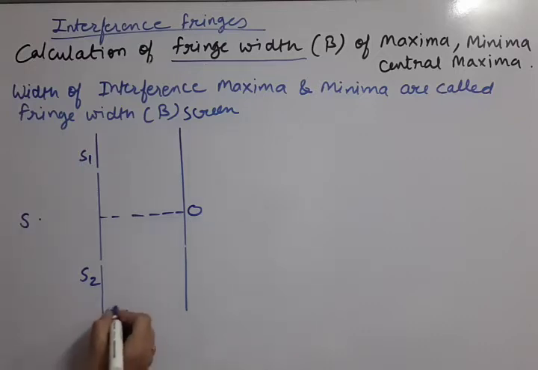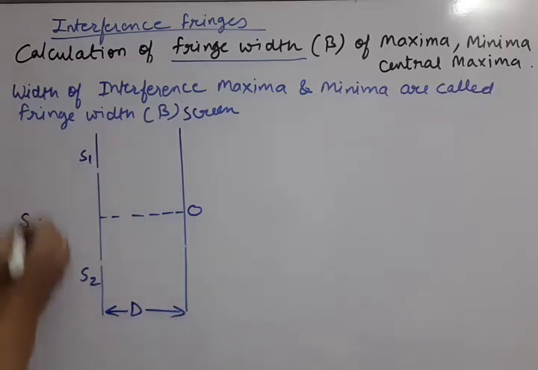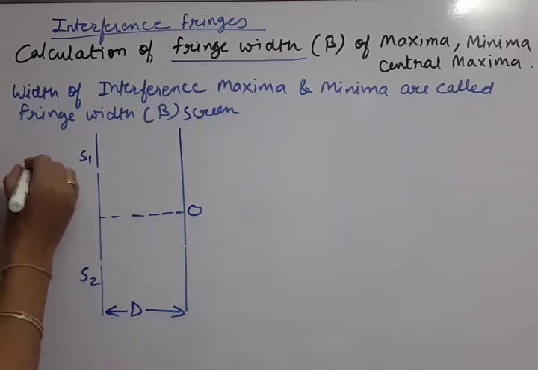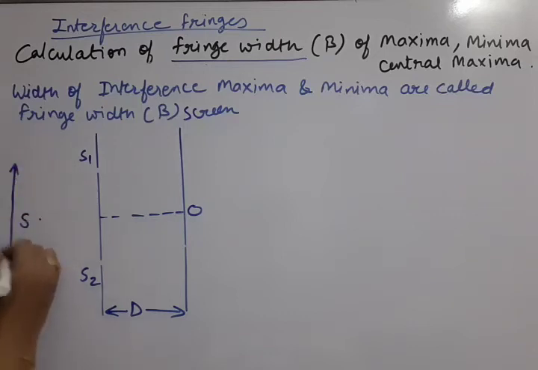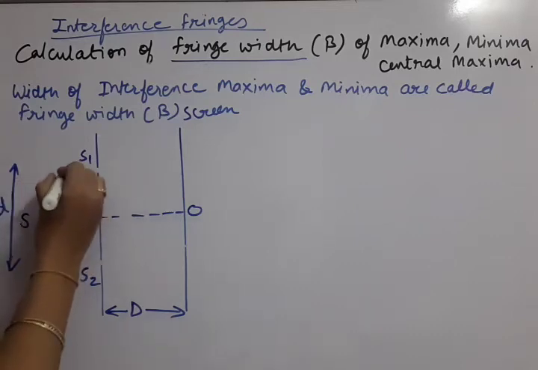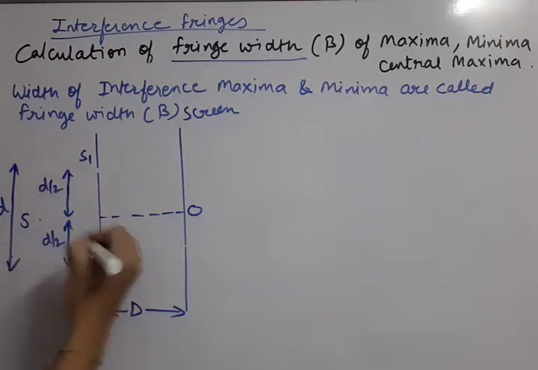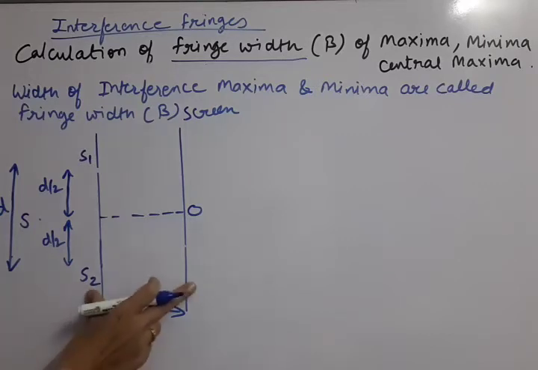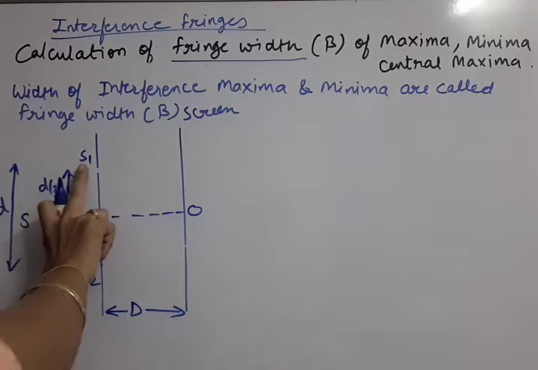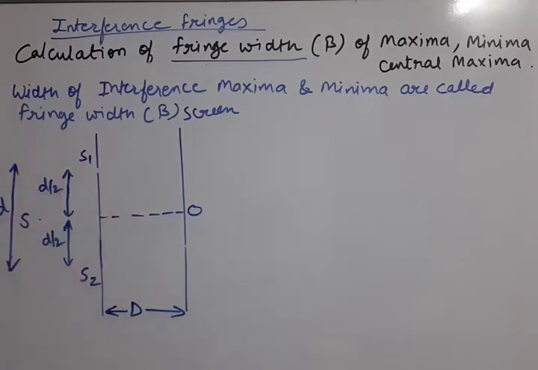In the Young's setup, the distance between the slit and the screen is called capital D, and the distance between the two slits is called small d. This distance is called small d. I will show it a little closer. The distance between the two slits is small d, so half of this distance is d by 2 and half of this distance is also d by 2. These are the standard distances: capital D, this distance, and the slit separation, small d, with d by 2 from the source position.